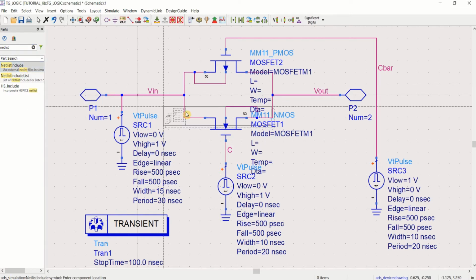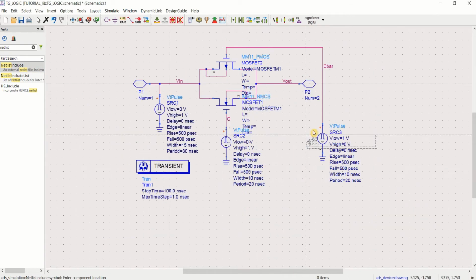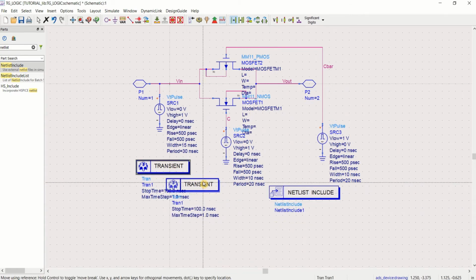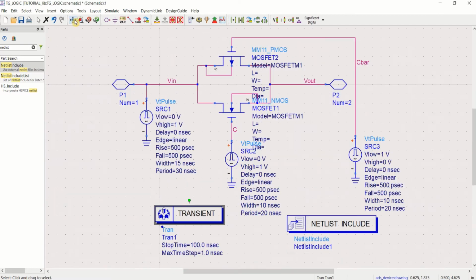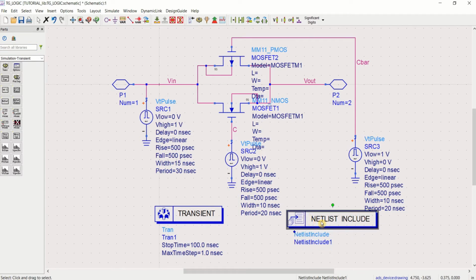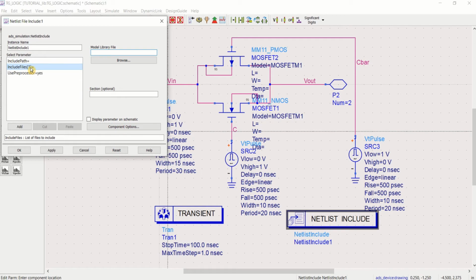So you have to bring this controller so that you can add a model file to it. So for model file, you can double click on it, include the file, go to the browse.